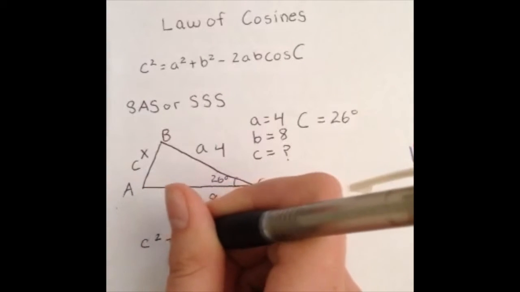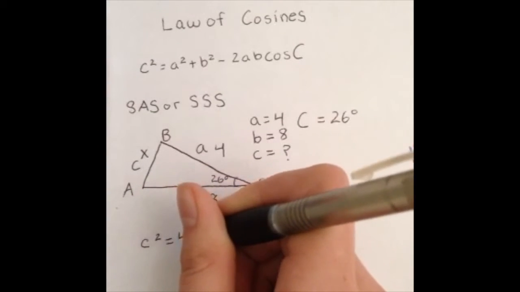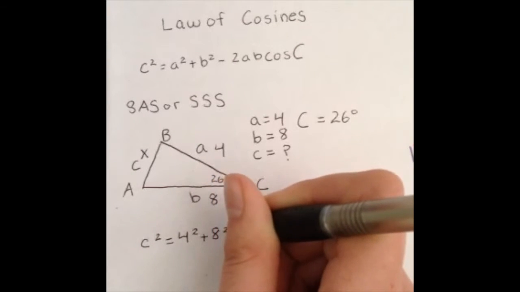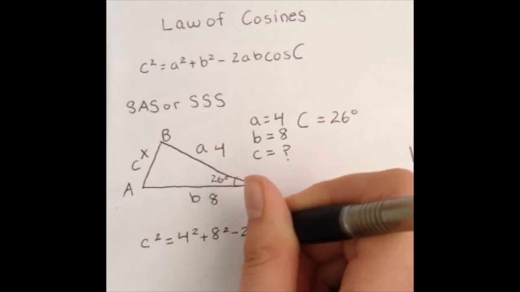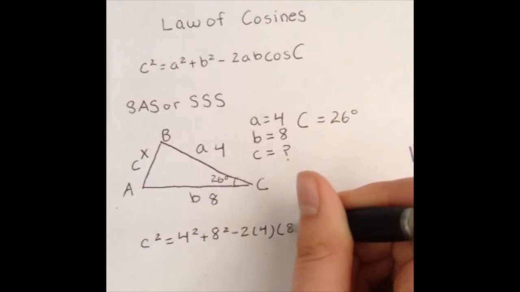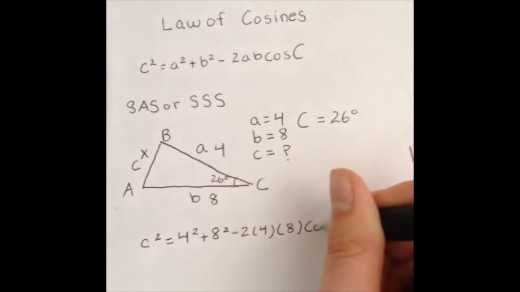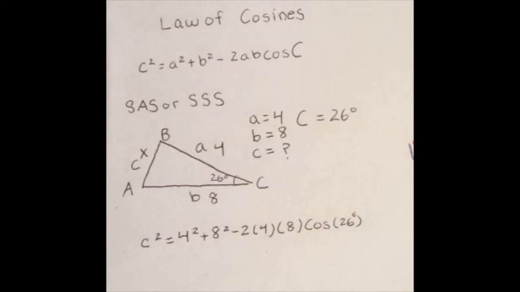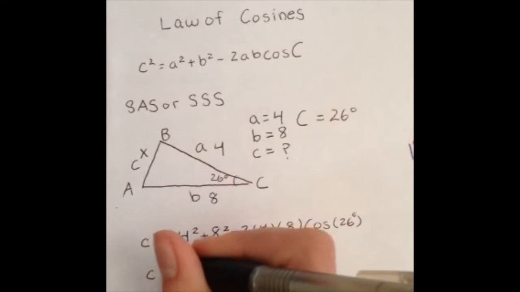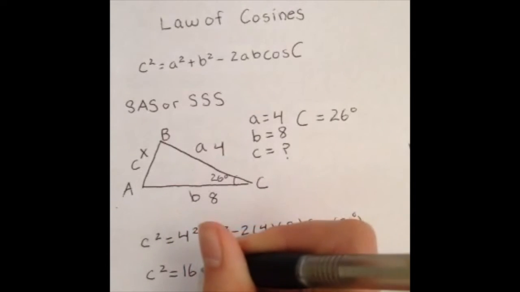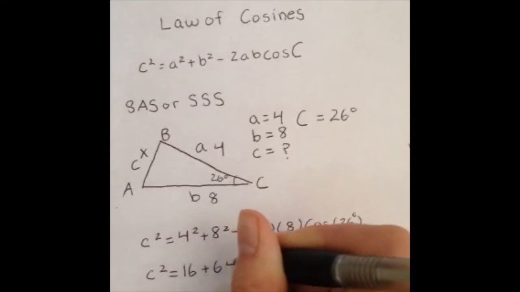So we have c squared equals 4 squared plus 8 squared minus 2 times 4 times 8 cosine of 26 degrees. So from there, we simply keep solving until we get our answer. So we have c squared equals 16 plus 64